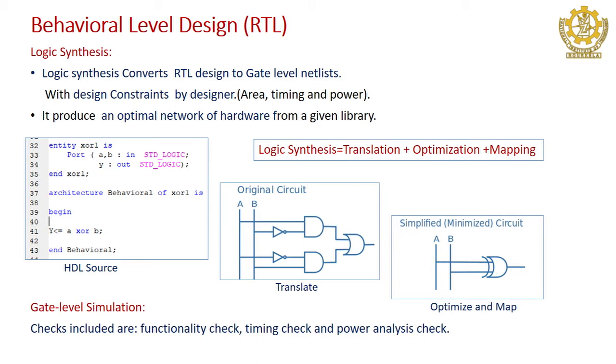After that, logic synthesis can also be treated as a combination of translation, optimization and mapping. In the last class we discussed that whatever gates are available in the vendor library will be selected properly, because synthesis tools internally have very optimized mapping algorithms. So, they will translate the code you are writing to the corresponding gates, and for each gate a corresponding optimized gate will be collected from the library.